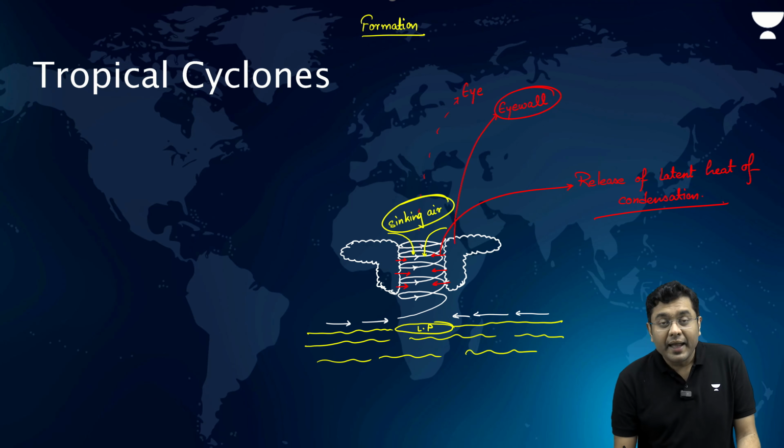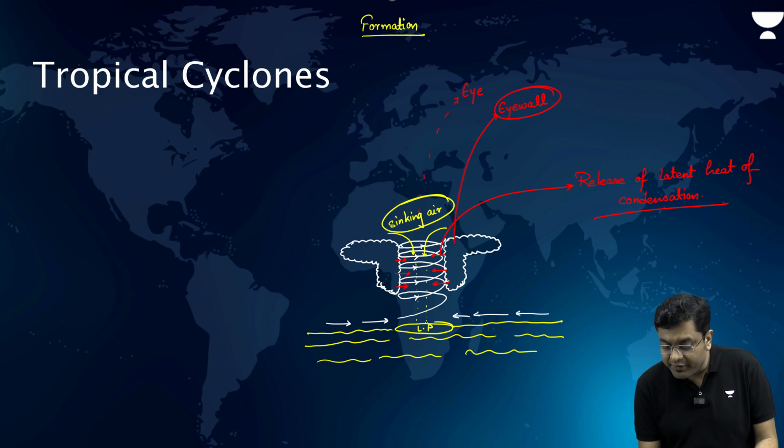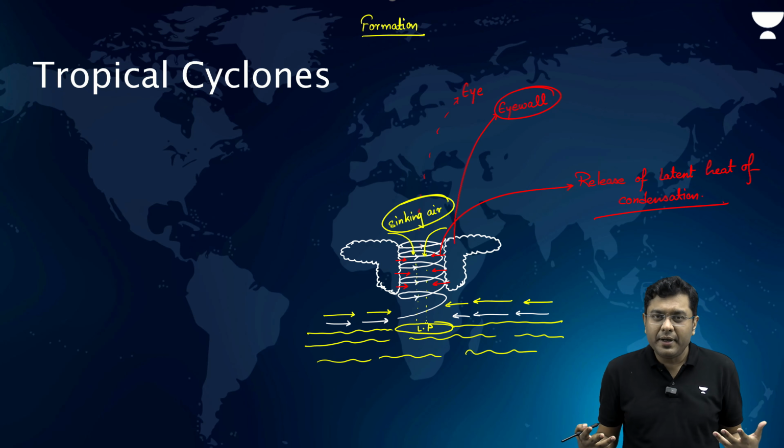Now this will end up carrying that heat and providing that heat to the low pressure region. So the low pressure will get further heated up. As the low pressure gets heated up, more winds will be attracted. These are moist winds. So more winds get attracted, more winds will rise up, more condensation will happen, and